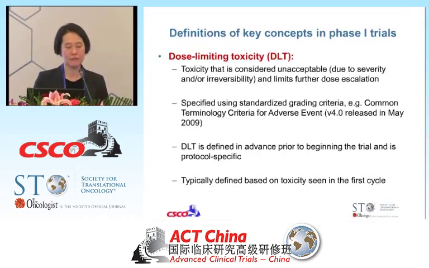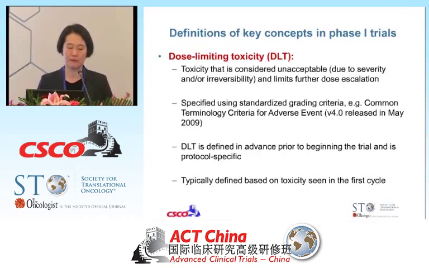And we obviously have to define it during a certain period of time. Traditionally, we define it during the first cycle of a phase 1 trial, but more and more, I think we're all interested also in dose-limiting toxicity that permeates throughout the entire study. So the late toxicity or the cumulative toxicity probably are as relevant in phase 1 trials as just cycle 1 dose-limiting toxicity. But because you obviously cannot wait for every patient to come off the study before you escalate, traditionally we decide during the first cycle, 3 or 4 weeks time frame, whether DLT has been reached.